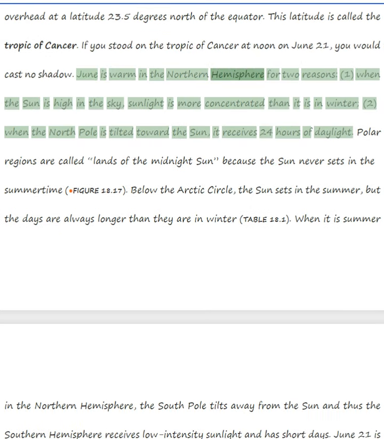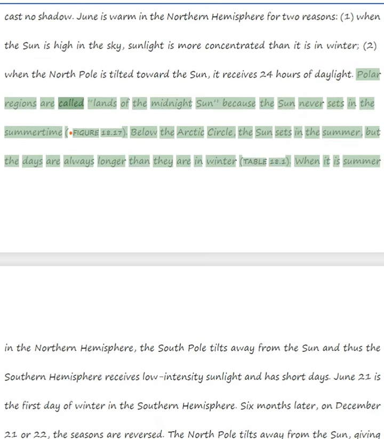June is warm in the Northern Hemisphere for two reasons. When the sun is high in the sky, sunlight is more concentrated than it is in winter. When the North Pole is tilted toward the sun, it receives 24 hours of daylight. Polar regions are called lands of the midnight sun because the sun never sets in the summertime. Below the Arctic Circle, the sun sets in the summer, but the days are always longer than they are in